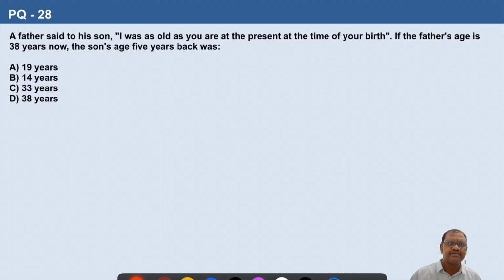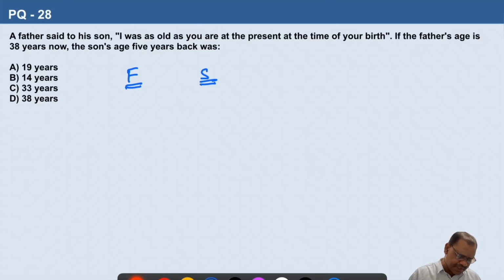Question number 28. A father said to his son, I was as old as you are at the present at the time of your birth. If the father's age is 38 years now, the son's age 5 years back was? So it is similar to the previous question, father and son. So father is saying to son, I was as old as you are at the present at the time of your birth. So if the father's age is 38 years now,